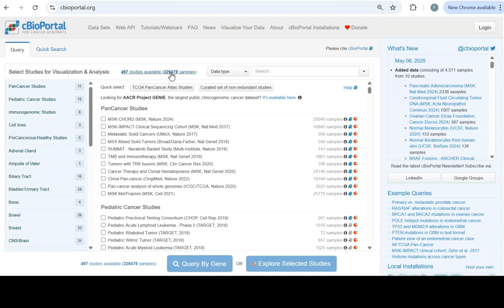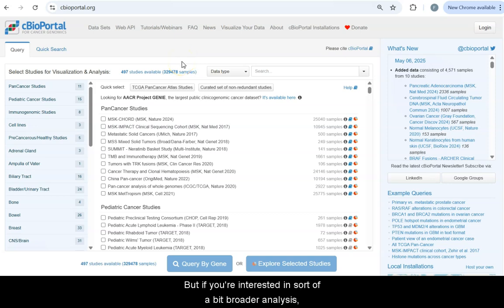329,000 samples. As alluded to earlier, some of these databases or tools get overwhelmed when you're trying to do too complicated analysis. I think there are ways to use this type of data as an API or so, accessing the data in different ways. And with that, I'm suggesting that you don't try to analyze 329,000 samples, because it's probably going to crash, or most